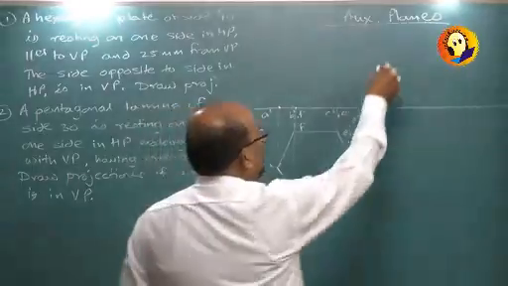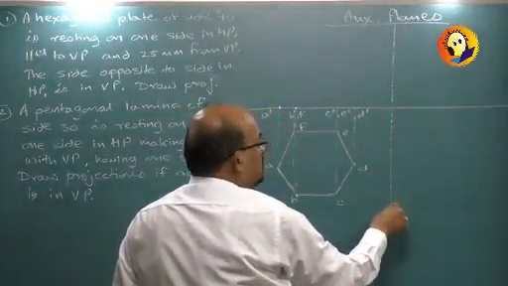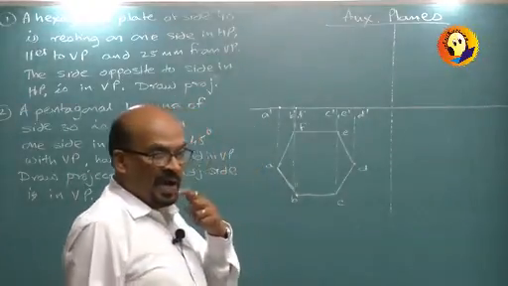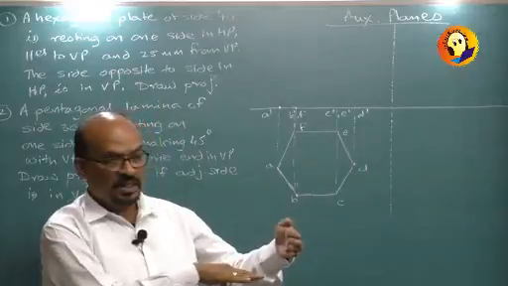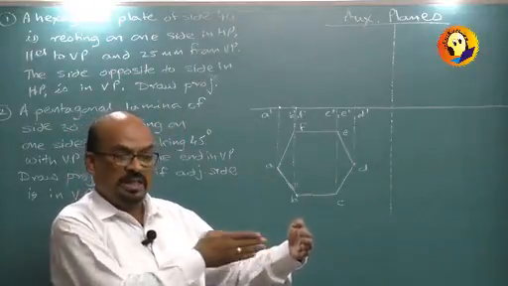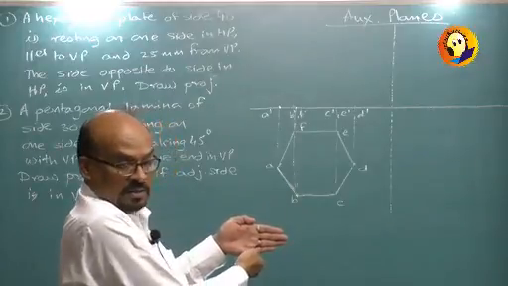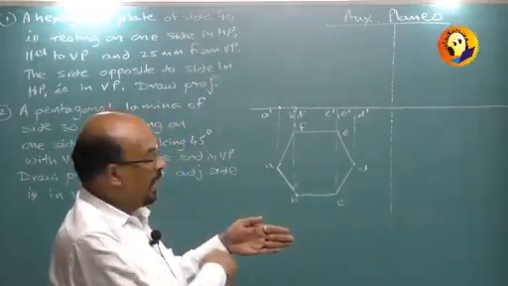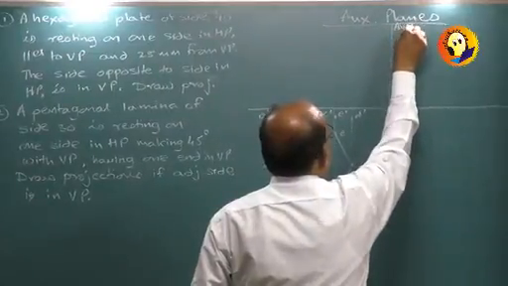So we do one construction here. We draw one more line which is nothing but the auxiliary plane, and it is the auxiliary vertical plane. Because the lamina is in HP, its rotation cannot be seen in the front view, so I will try to see it in the side view. In side view it can be rotated, and so this is the auxiliary vertical plane that I am drawing,